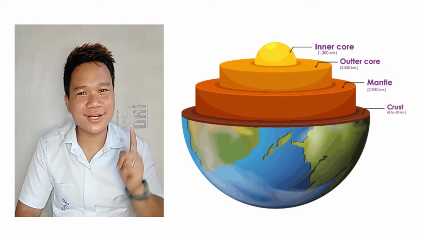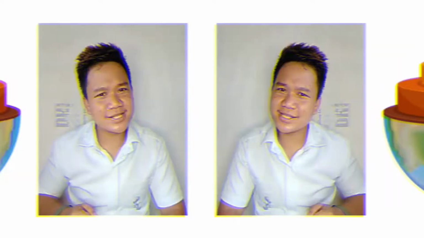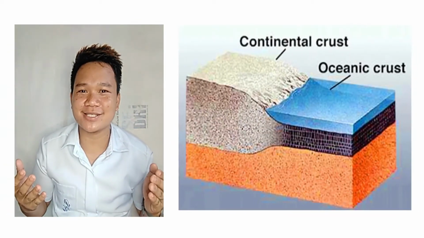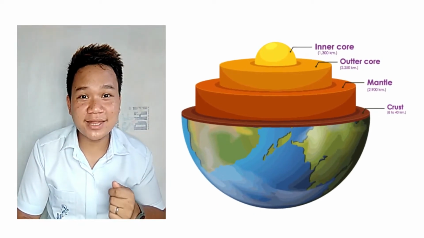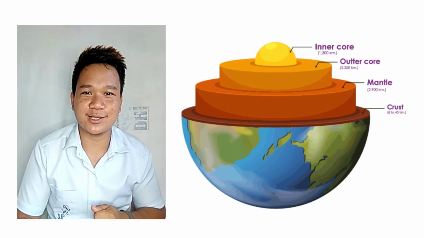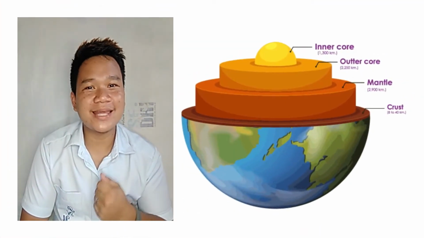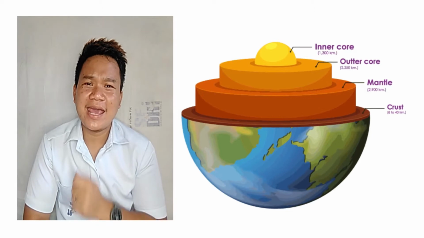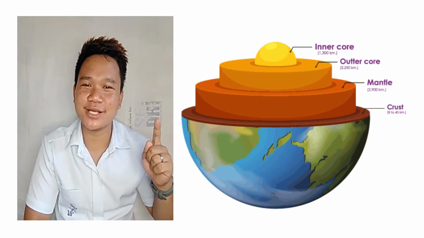First, we have the crust, or the outermost layer of the Earth. Mainly, there are two types of crust, the continental crust and the oceanic crust. Second, the mantle. It lies beneath the crust and above the central core. Third, the outer core, beneath the mantle, and it is liquid. Lastly, the inner core. It is the innermost layer of the Earth and it has a very high temperature that